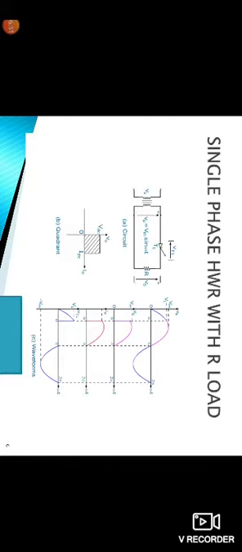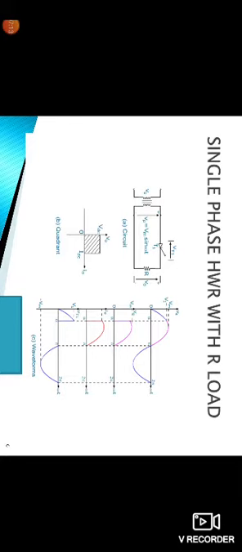With R load, V0 and I0 depend only on the firing angle alpha applied across the thyristor. And what is firing angle alpha? The angle between the zero crossing of the input voltage and the instant the thyristor is fired. That angle is called the firing angle, and it is indicated with the symbol alpha.